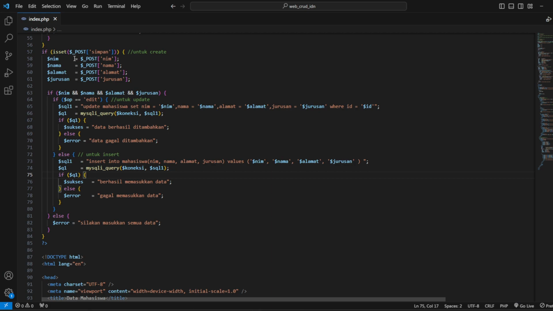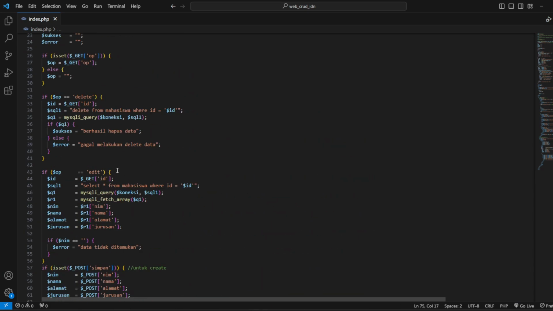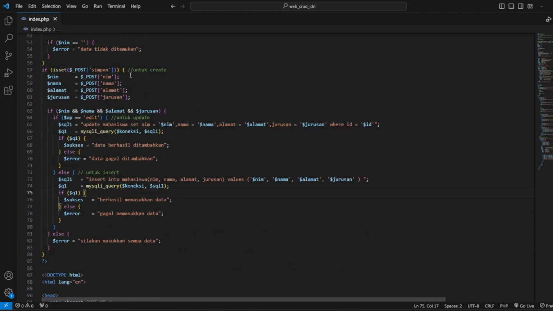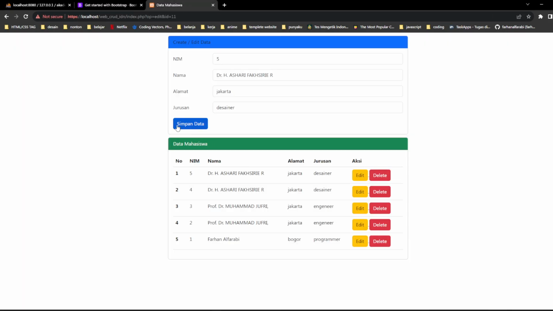And this is for creating the data. The first is create data in CRUD. If it is set, the value is the variable super global POST. Click on simpan. Simpan is the name of our button. Simpan, value simpan.